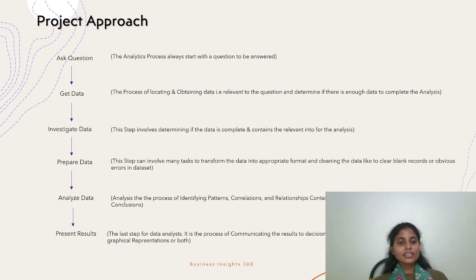After getting the data, we investigate if the data is complete and contains the relevant info for the analysis or not. Then we start preparing the data, like we clean the data and transform the data to clear blank records or obvious errors in the data sets. Then we start analyzing the data, like identifying patterns and creating different relationships between tables, and from that we draw conclusions from that